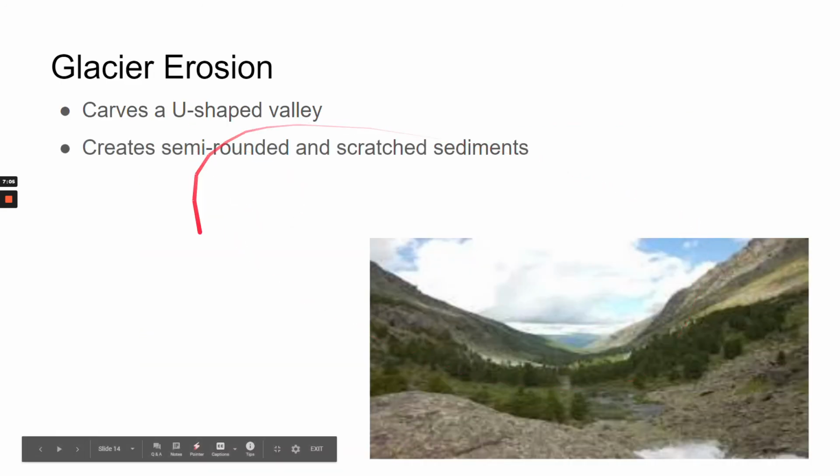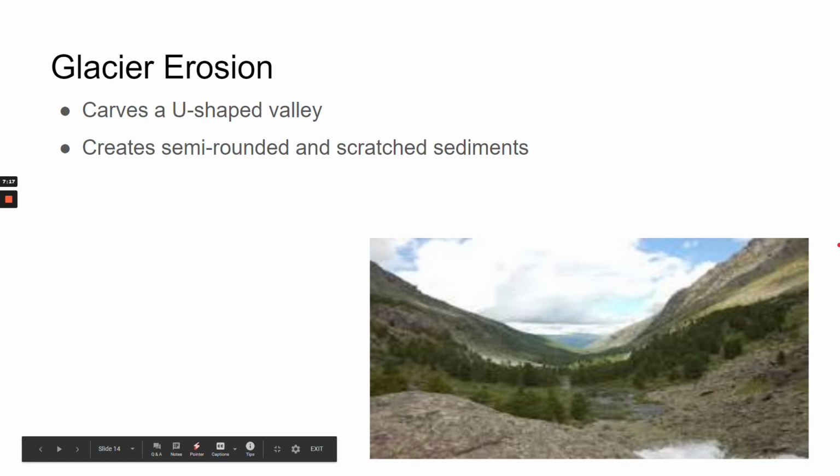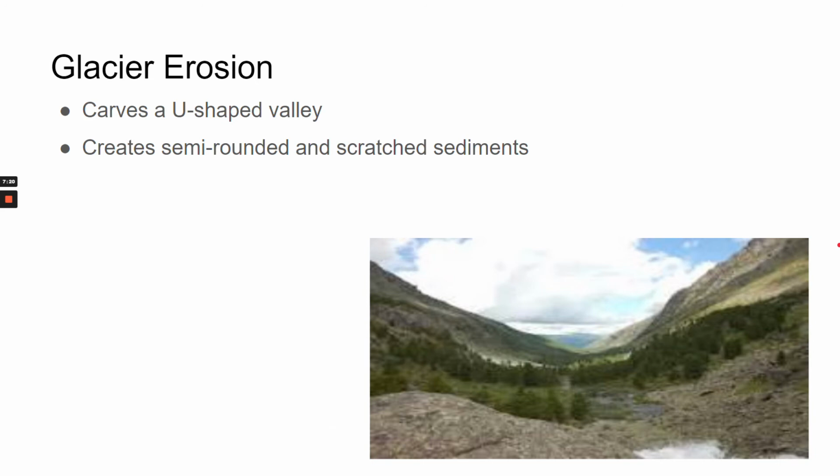So I'm going to go back to this U-shaped valley thing. This is the other geologic feature that I wanted to talk about. And instead of making a V-shaped valley like the stream, it carves out a nice big one. And that has to do with the size of the glacier because it's so large. So what normally will happen is a glacier is going to follow the path that water would have followed. So maybe it started as a V-shaped valley, but then the climate changed and we ended up in a colder climate where you could have glaciers forming. So the glacier moves through what was originally a V-shaped valley and just carved the edges out, creating